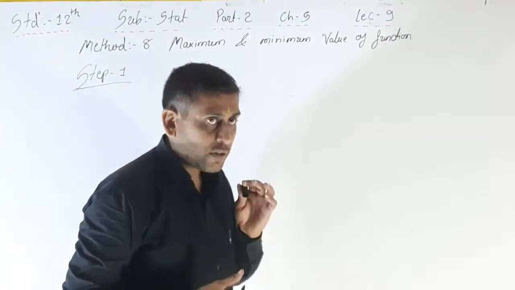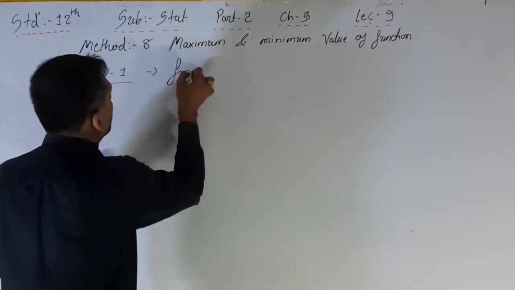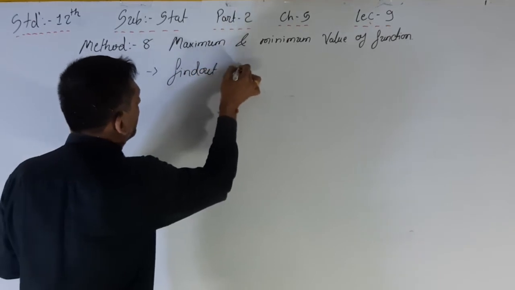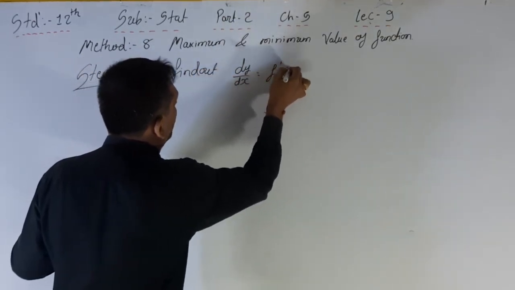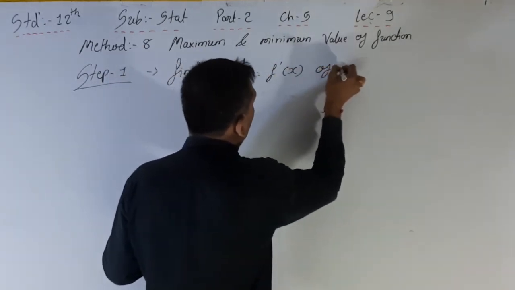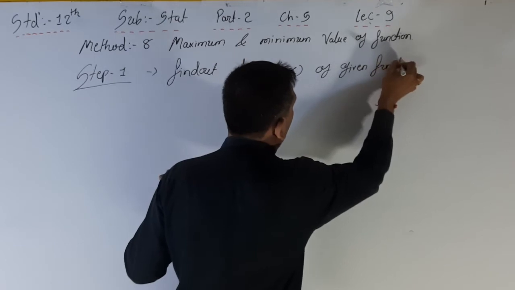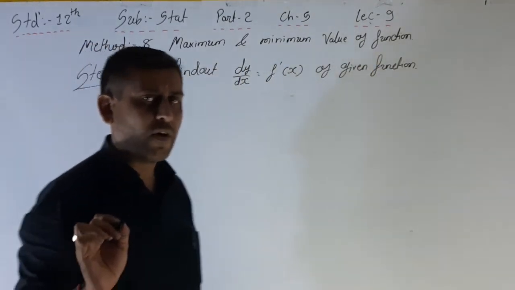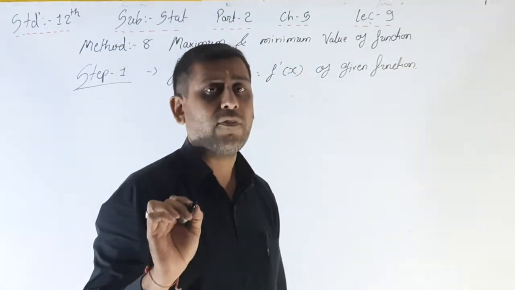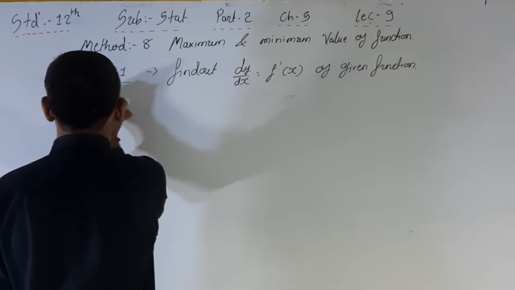Okay, so here the first step, that is find out dy by dx, or you can say f dash x of the given function. This is your first step. You have to find out the dy by dx, or you can say f dash x of that given function. Now step number 2,